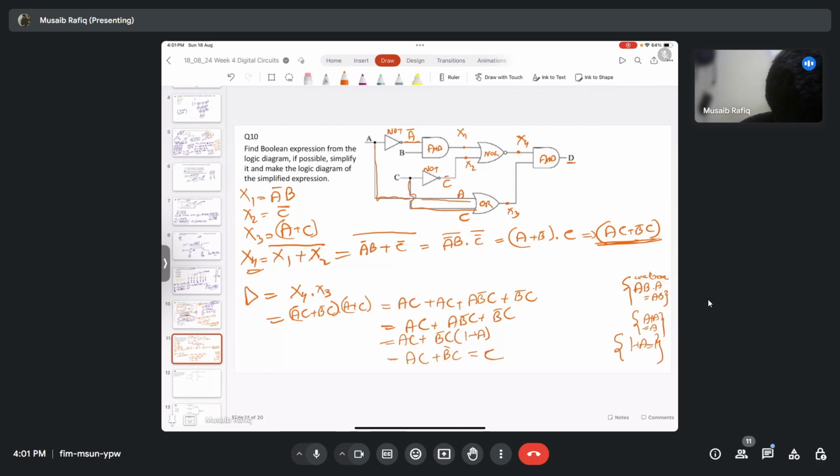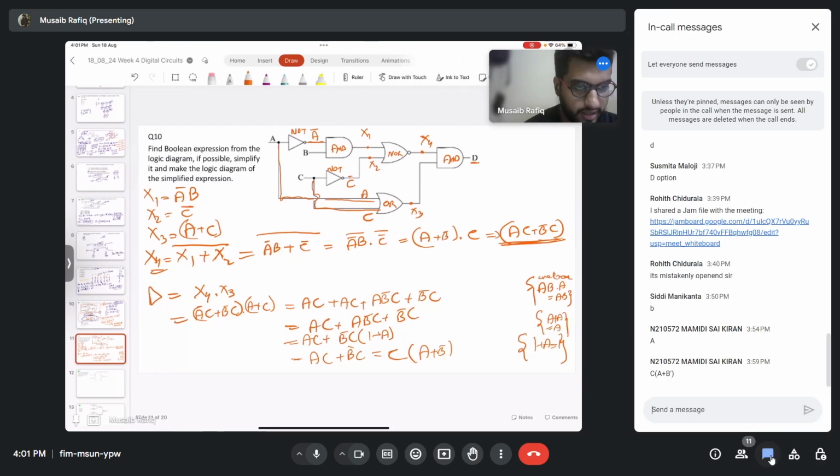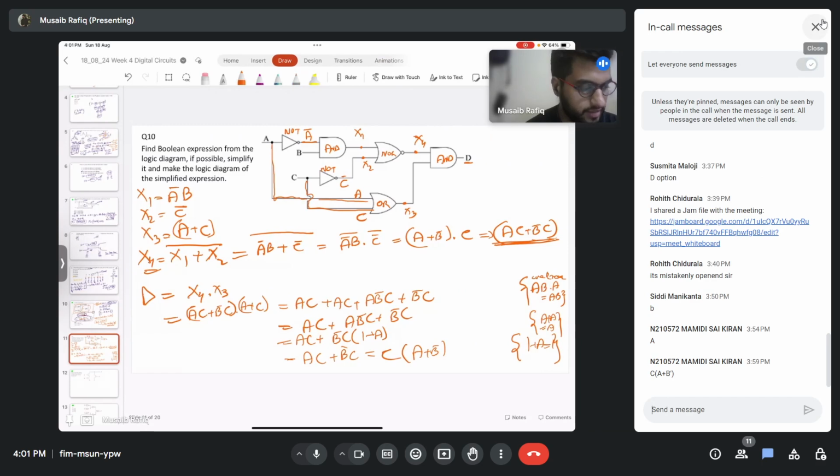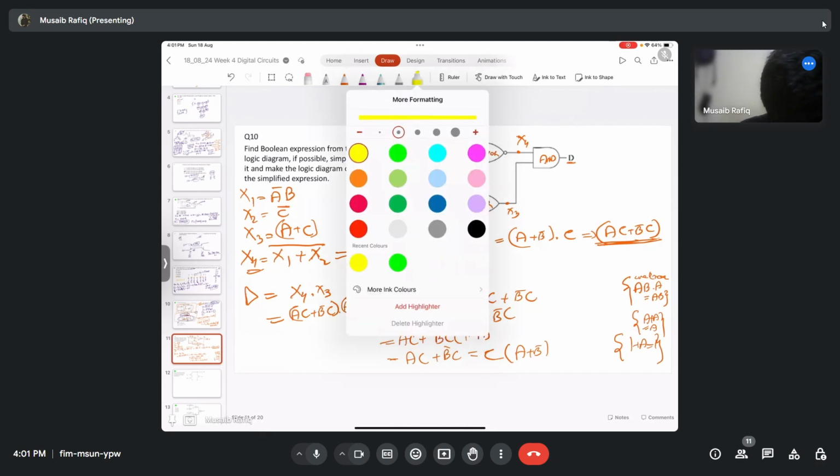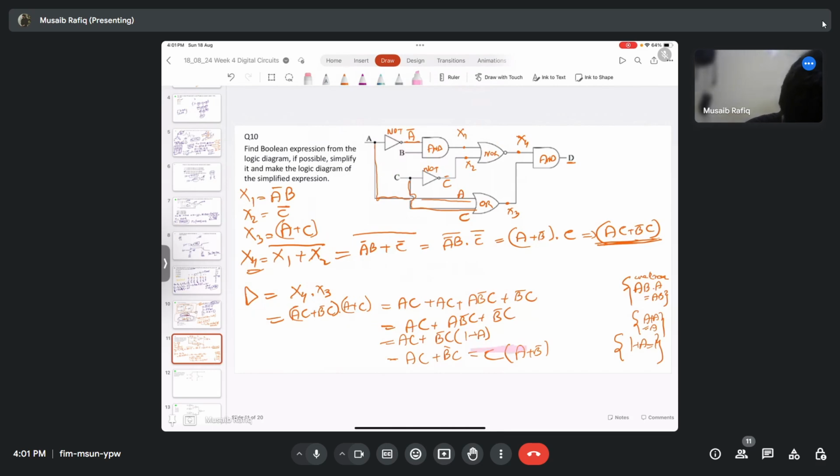Taking C common, so it is C times (A plus B bar), right? I see one of the students has done it correctly. Now this is our final simplified expression. This one. And if I want to implement it using logic gates, what I will do here is I